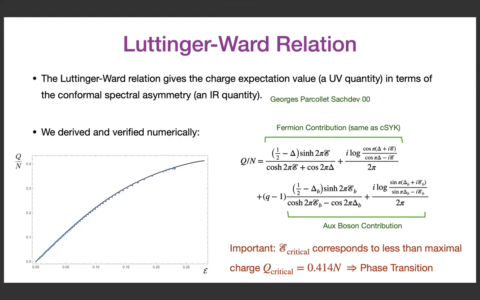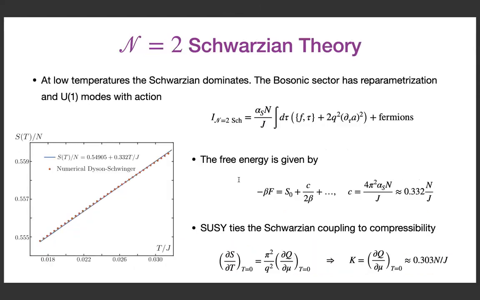But for this critical spectral asymmetry, the critical charge is less than maximal. So this means there should really be a phase transition as you go above this critical charge. And it's not that you run out of fermions. Okay, before I say some comments about the phase transition, let me say that